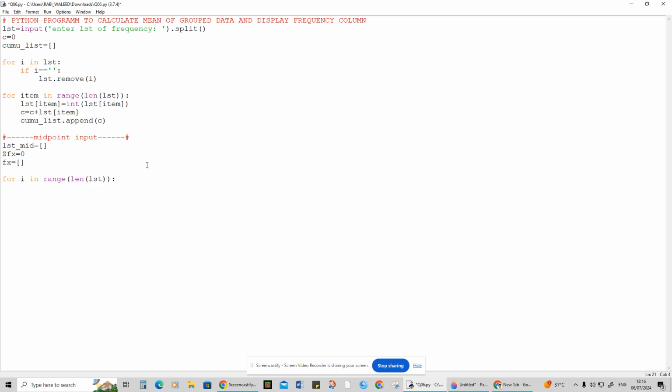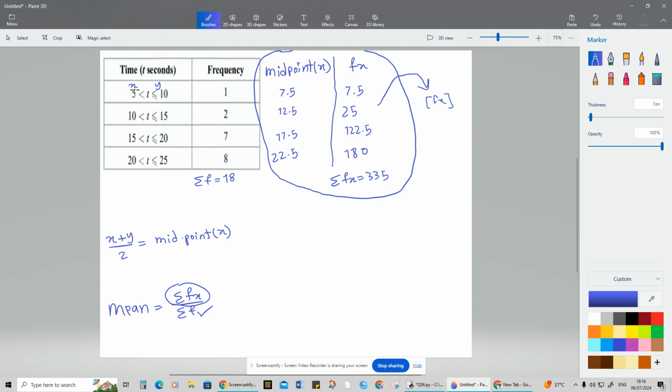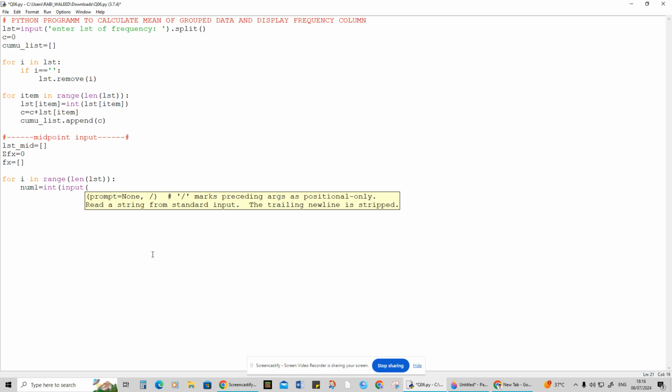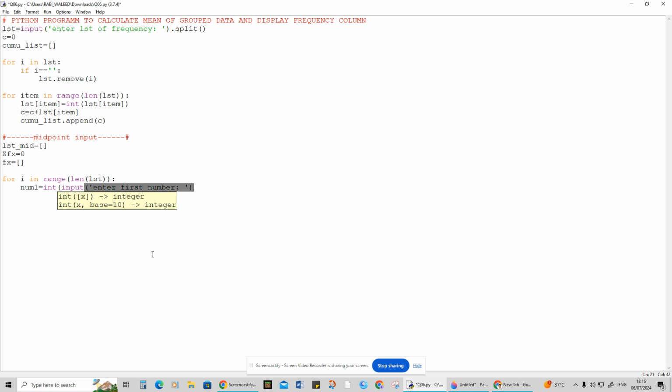and then we use the len function on the list. As I said, first we're gonna ask the user for the first number, that's x, and the second number, that's y. That's how we should do it. num1 equal to int input, enter a number, enter the first number. So the first number should be input, and then